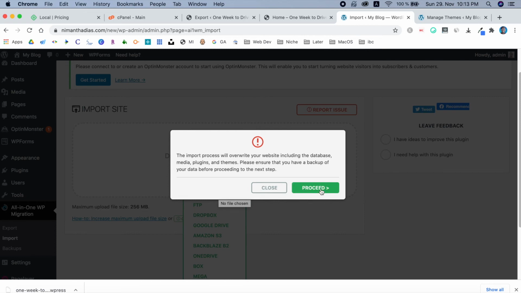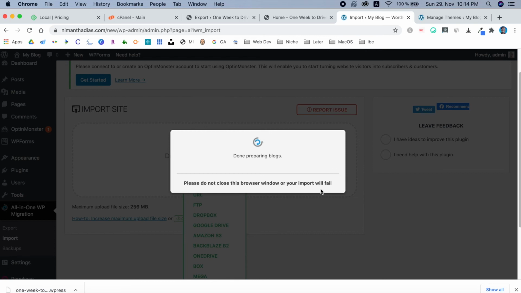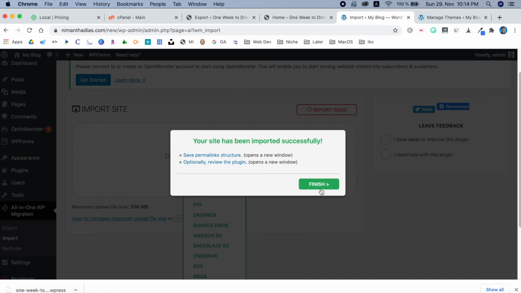Proceed. That means we are saying, okay, erase all the files and put our website into this live version. Restoring a lot of files, 1281 files, and then complete. Your site has been imported successfully.